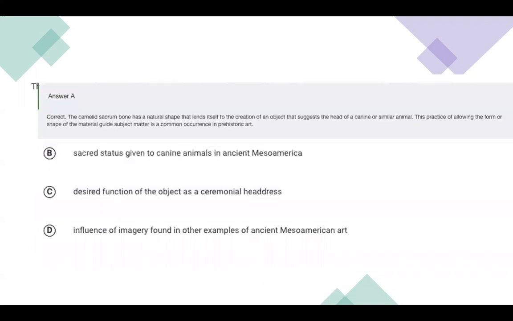The camelid sacred bone has a natural shape that lends itself to the creation of an object that suggests the head of a canine or similar animal. This practice of allowing the form or the shape of the material guide the subject matter is a common occurrence in prehistoric art. It's saying this basically looks like a dog. Let's just put some holes here and then it's going to be a dog because that's what the shape is